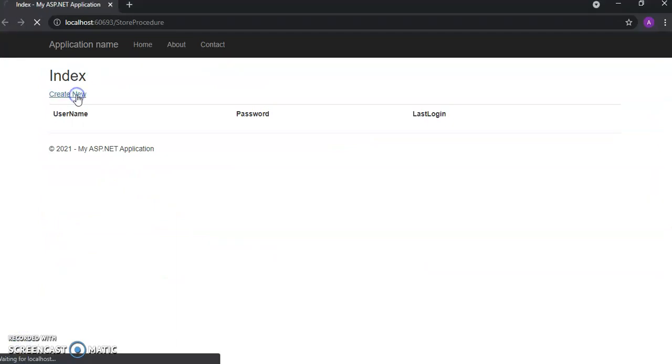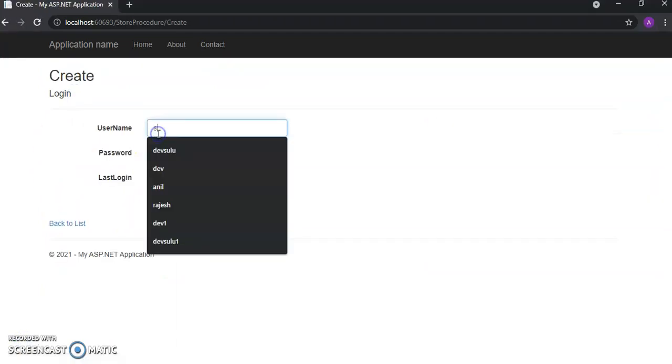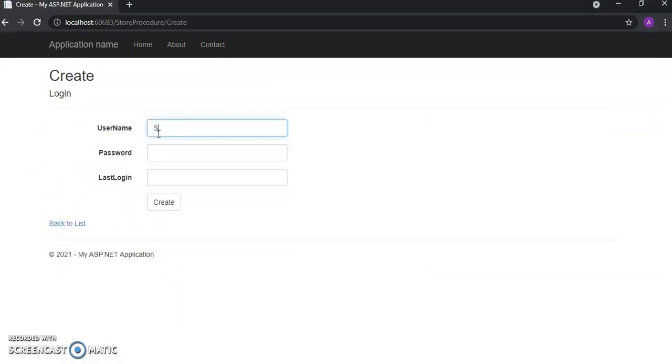So I will create new and add some data. Suppose it is Suhag, password 123, and I leave this last login because in the table I have set it as not null. So if I don't add, no problem, and also in the method I have not declared about this. So leave it and create.